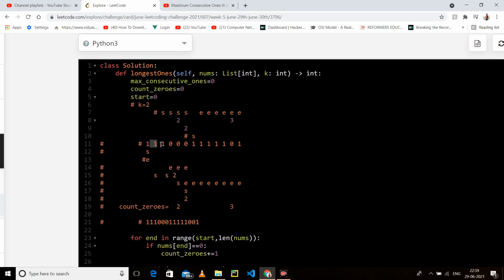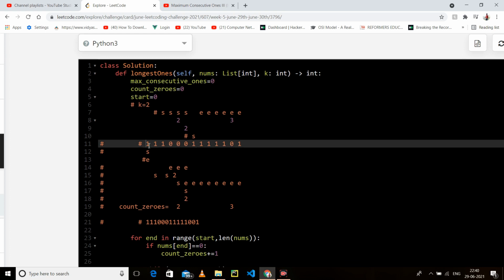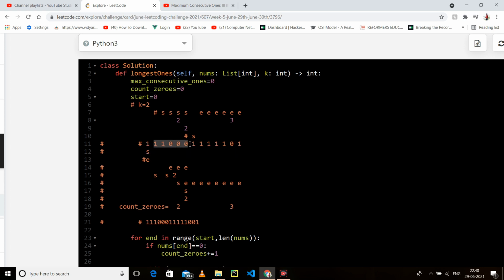First we are maintaining our window, but as we are exceeding, as we have more zeros than k, I will start incrementing the window so that I can hold a window size of n.